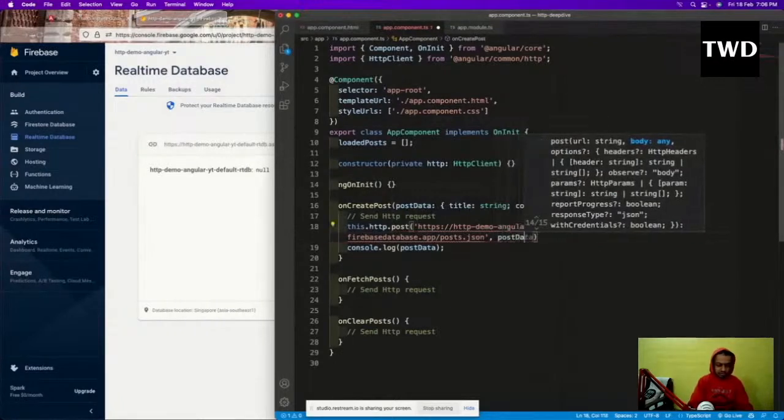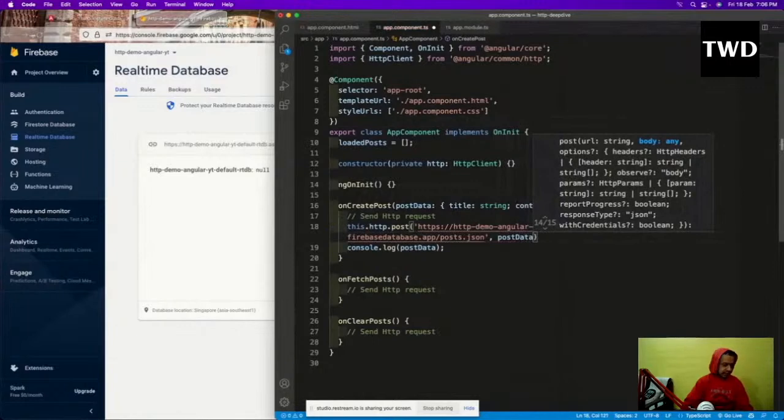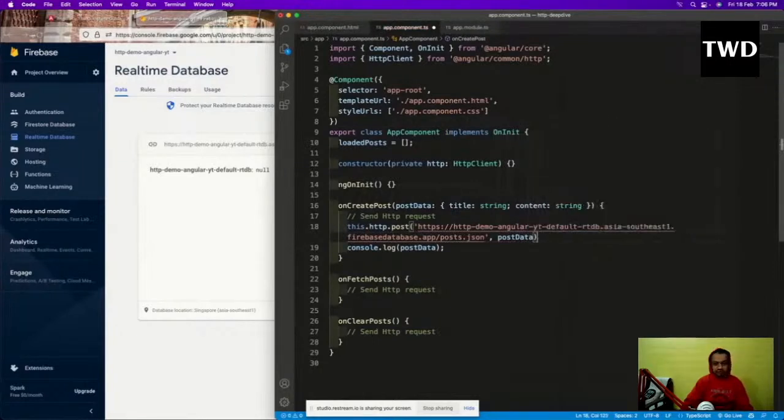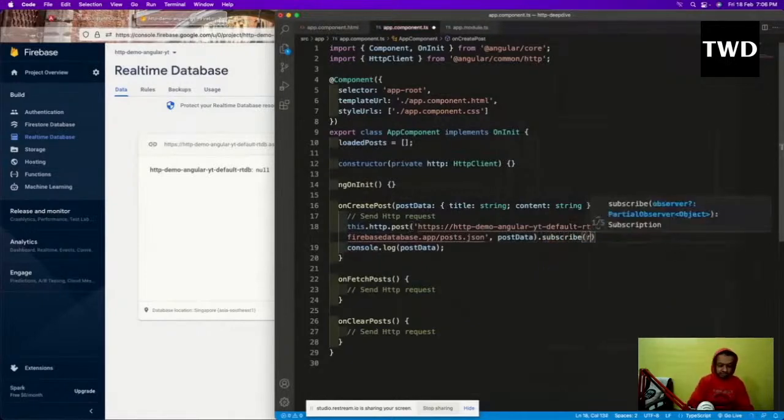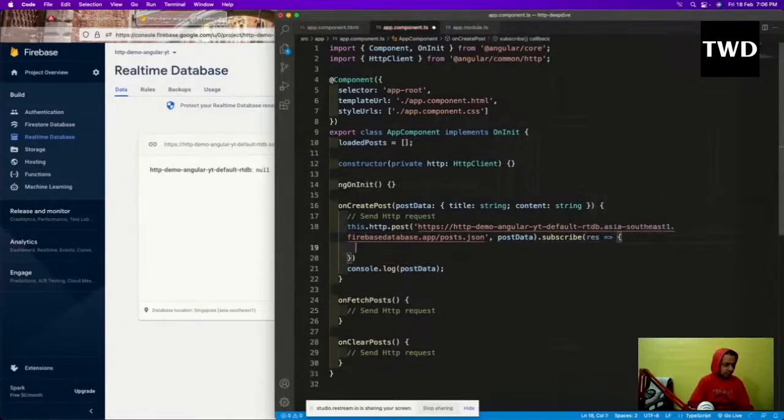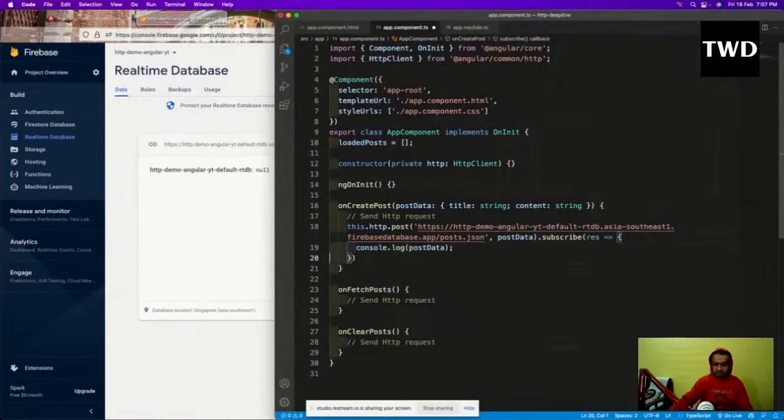post data. So anything we have to give, see the error has also gone. So now I have to subscribe to it. Okay, so.subscribe, this is how we do it in Angular. Res, it will send me some response, and we are going to have more things. So let me have this console.log. Let me use this console.log, but this console.log will have this